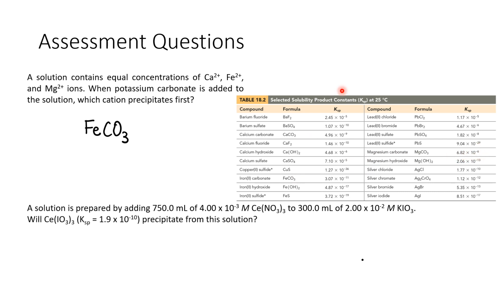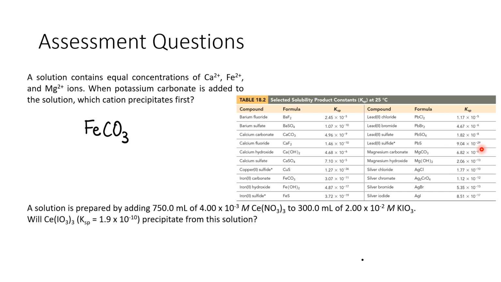So which one's larger? Remember, the larger KSP means higher solubility, but that's only true if the ionic compounds you're comparing produce the same number of ions. In this case, each of them produce the same number of ions, right? Calcium carbonate, 2 ions. Iron carbonate, 2 ions. Magnesium carbonate, 2 ions, right? We can compare the KSPs now because they produce the same amount. And the larger the KSP, the more soluble it is, right? The more ions you have,